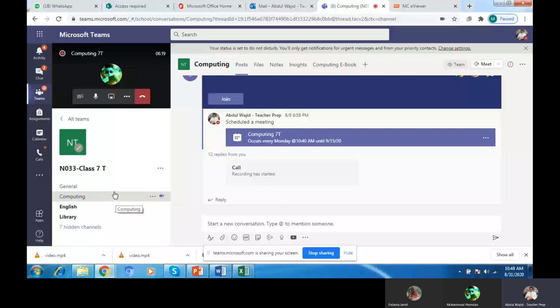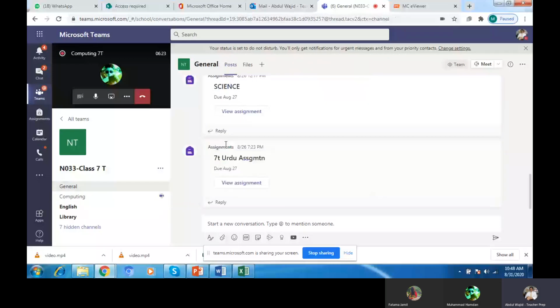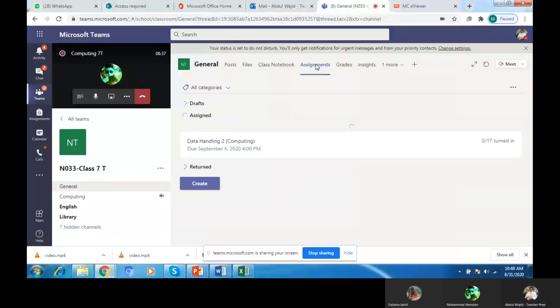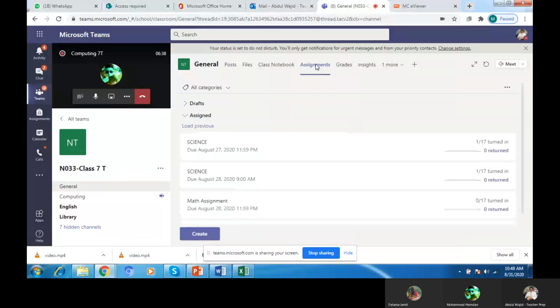What is the position of our assignment exercise? I already checked that one. This is the second assignment. Right? We will go to the previous one.